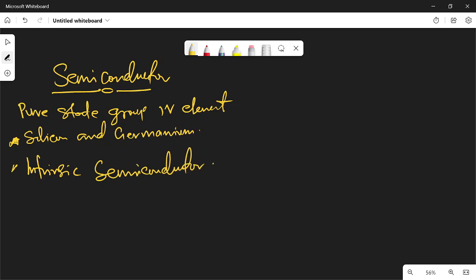So when I say intrinsic semiconductor, we are talking about semiconductors in their pure states. All these, they are what? Group 4 elements, and they exhibit what we refer to as covalent bonding. You need to note that semiconductors exhibit covalent bonding, and they do not contain ions that can enable them for electrical conductivity. For that reason, semiconductors in their pure state, that is intrinsic semiconductors, are insulators.